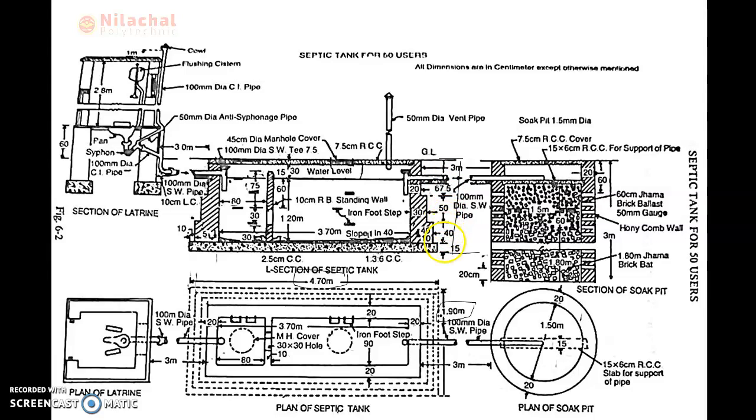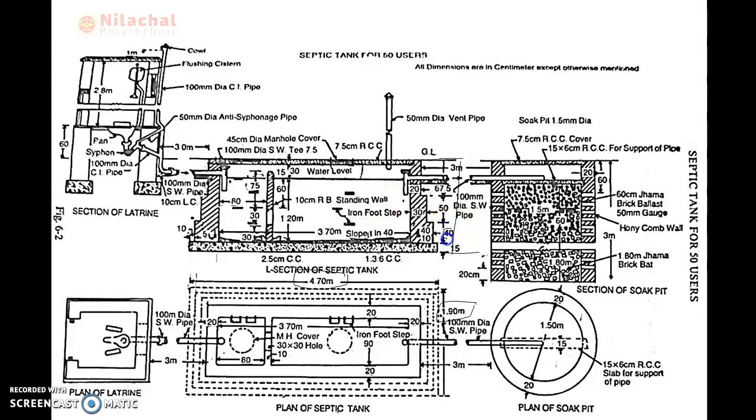67.5 plus 50 plus 40 plus 15. Then it is the dimension, all dimensions in centimeter. So 67.5 plus 50 plus 40 plus 15. 15 is the thickness of CC or cement concrete provided in the bottom of the septic tank, and 40 is the dimension of a 40 centimeter wall which is provided as the first footing in case of brick